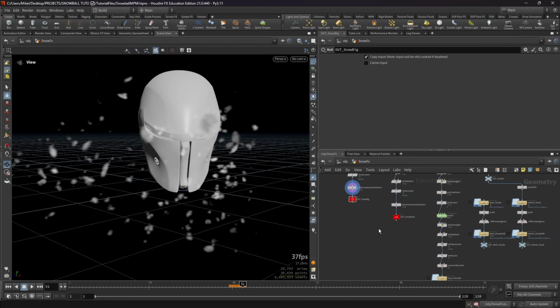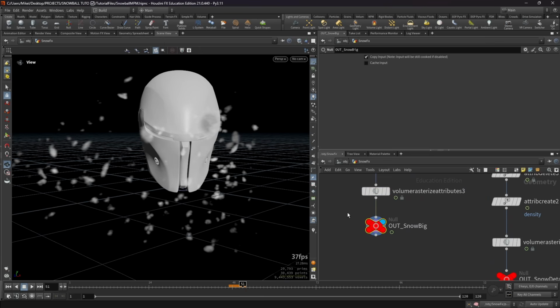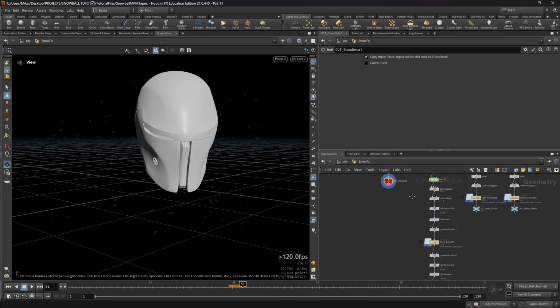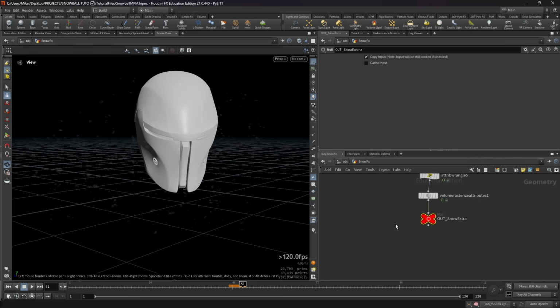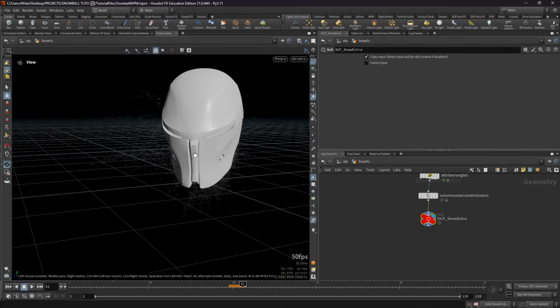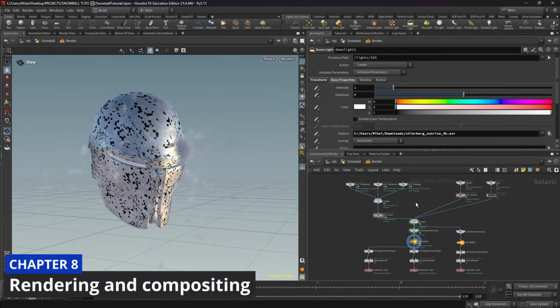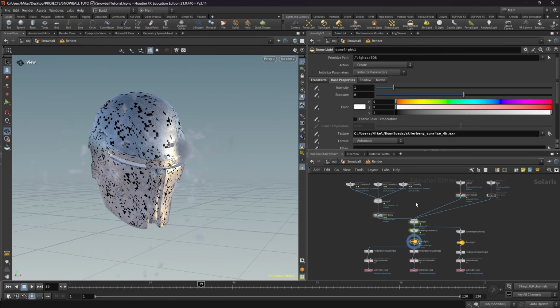Okay, so with this we finish everything. We have here our big chunks, we have here our detail, and here our extra snow simulation. So now we are ready to render this shot. For this last part of the tutorial, which will be the rendering and the compositing part, I will just do